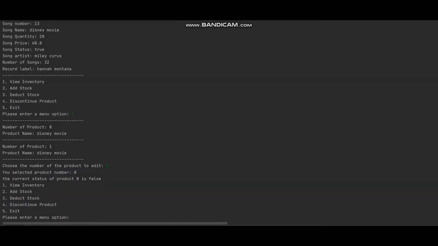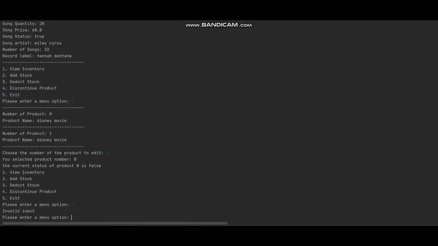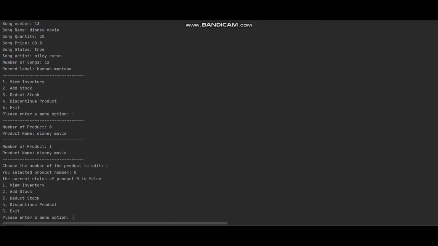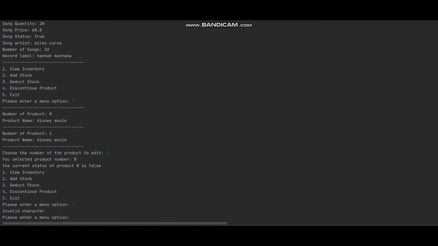Meanwhile, if the user enters an option that is out of the option list, invalid input is printed and the program asks the user to enter the menu option. And if the user enters a different data type, invalid character is printed and the program asks the user